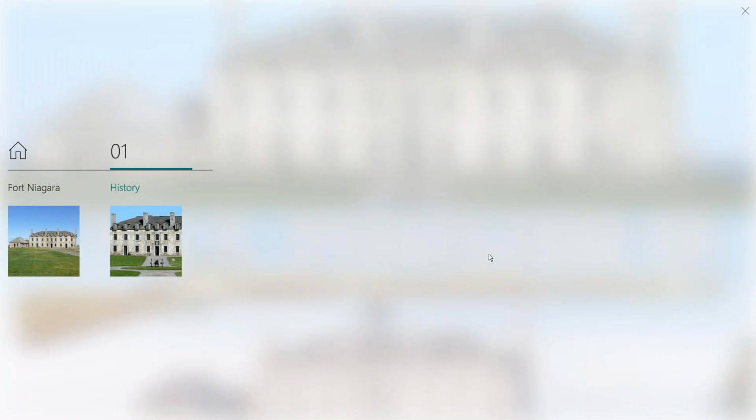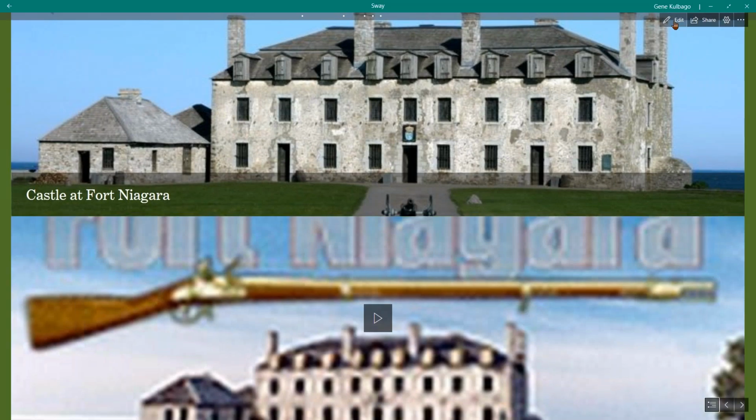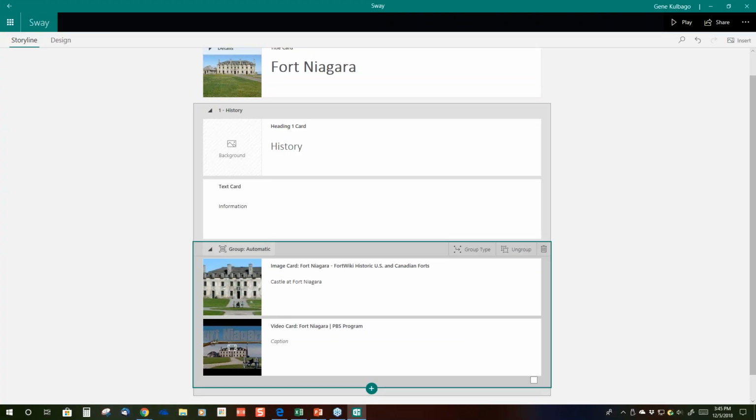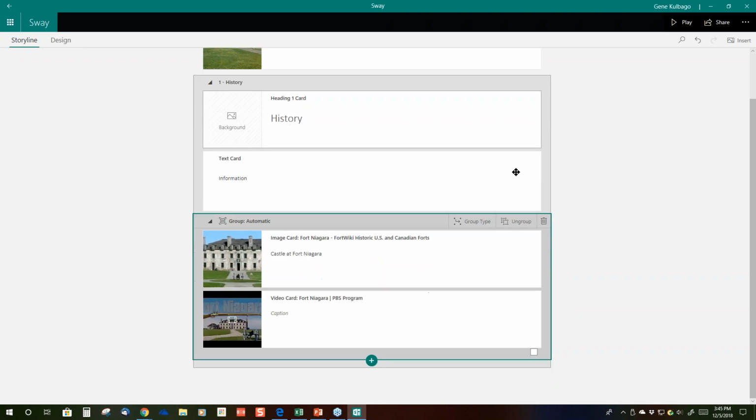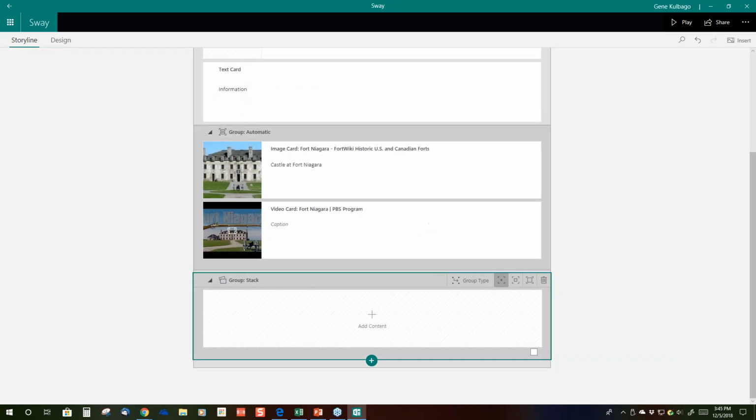So that's basically how you create a sway. You can do it very easily by, let me click on the edit. Okay, there we are. Adding cards, selecting the type of cards. The one that I wanted to show you is called a stack. Okay? A stack